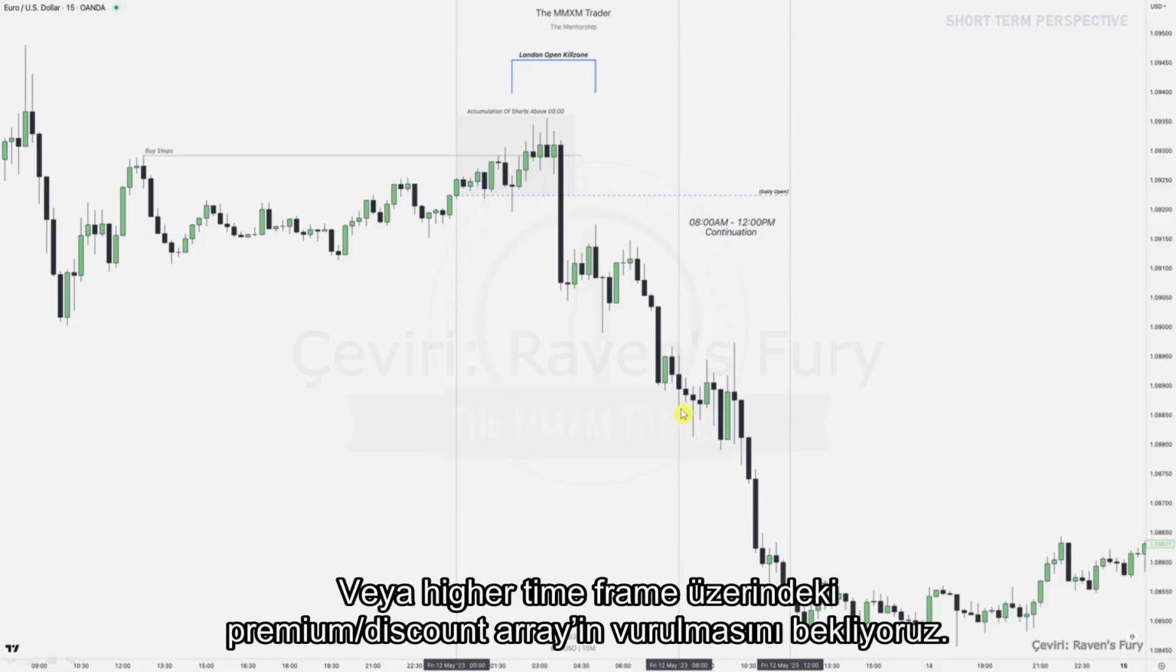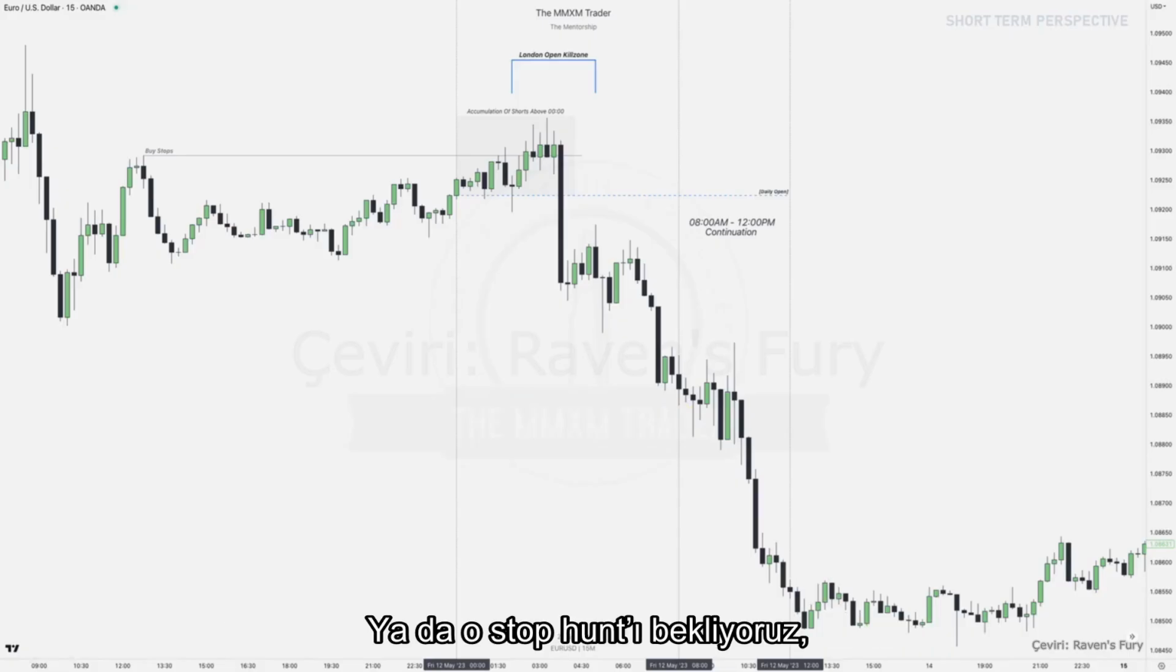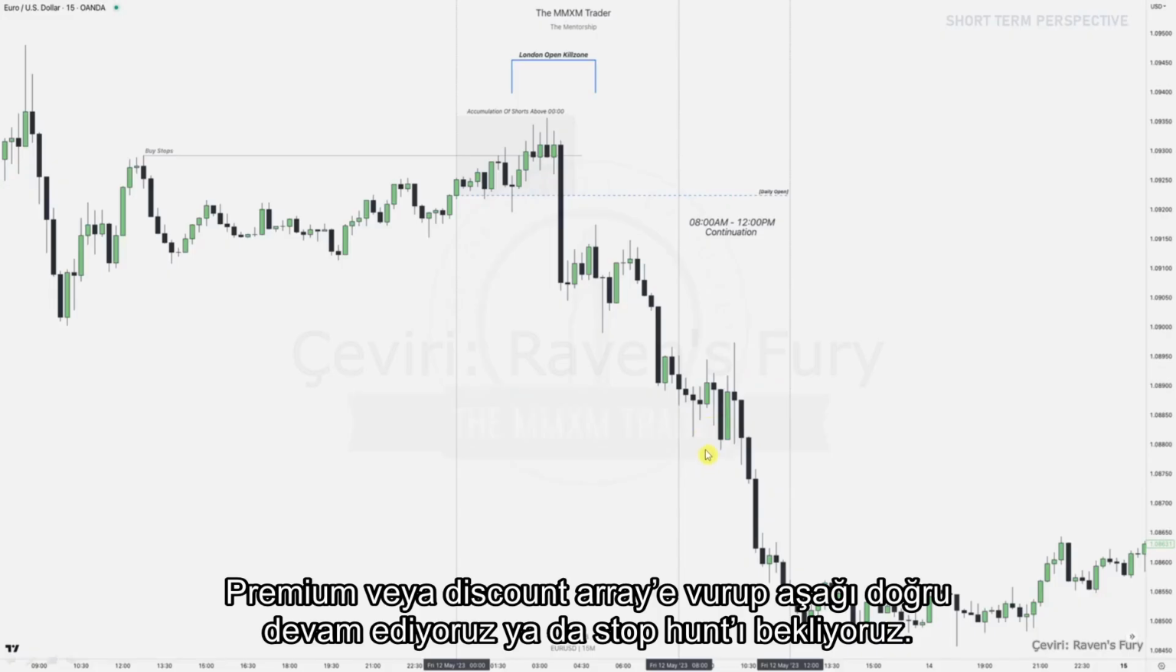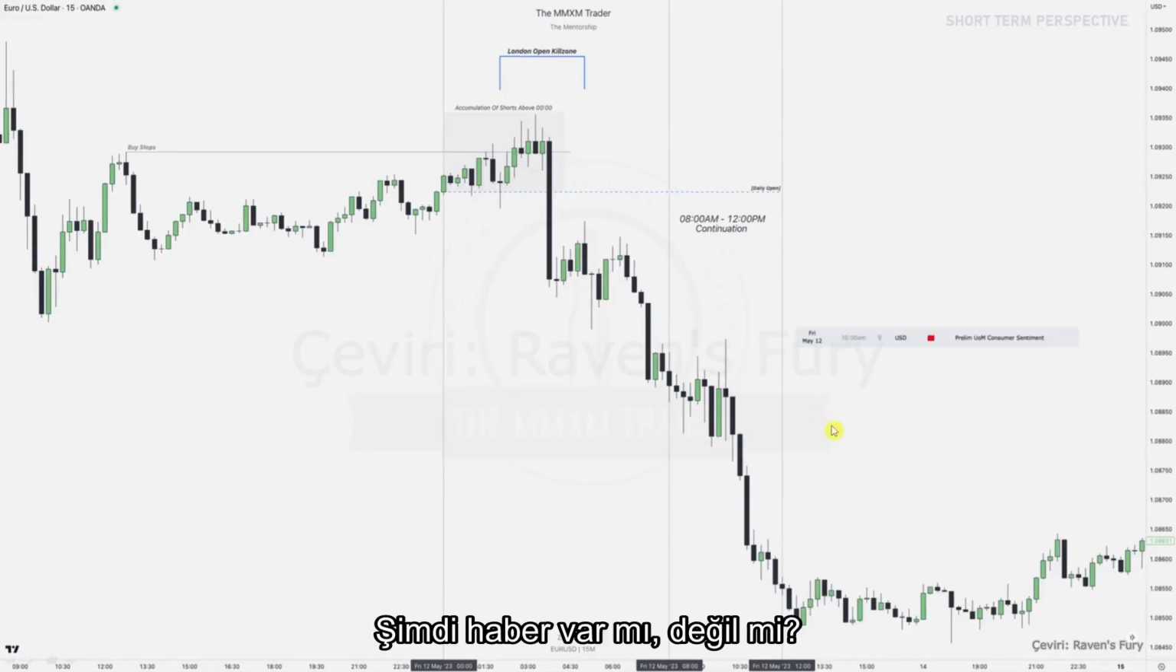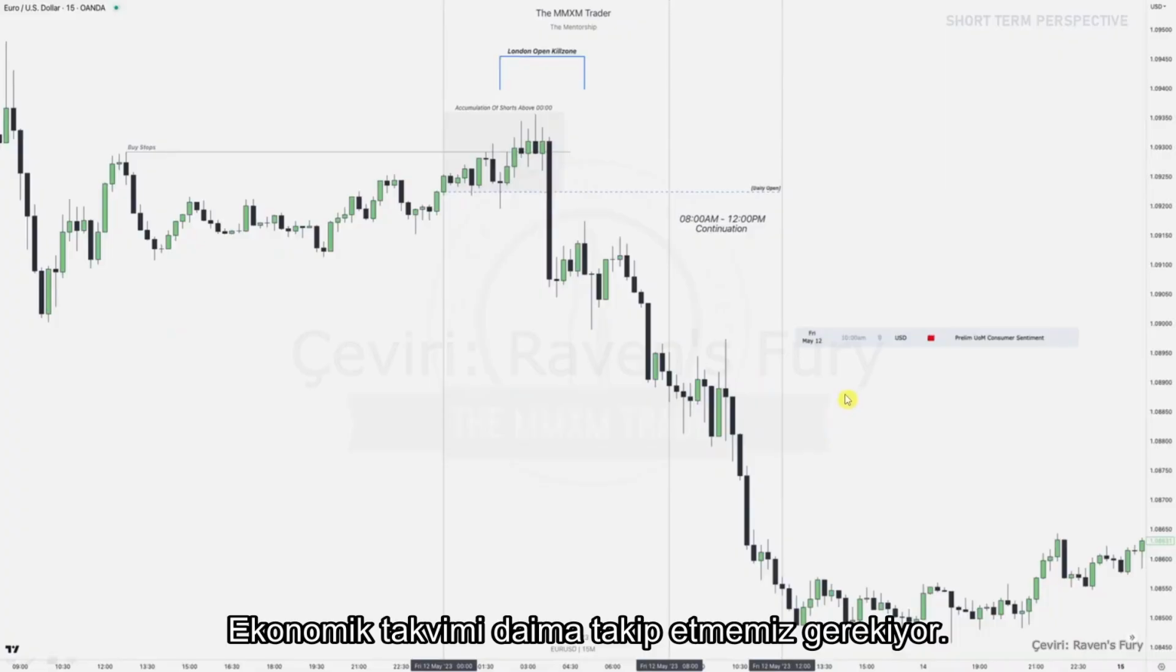And we're going to wait for that higher time frame or that premium discount array to be hit, or we wait for that stop hunt, right? So two things: we hit a premium or discount array and then continue our way down, or we're going to wait for that stop hunt. Now, do we have news, right? We need to always keep an eye